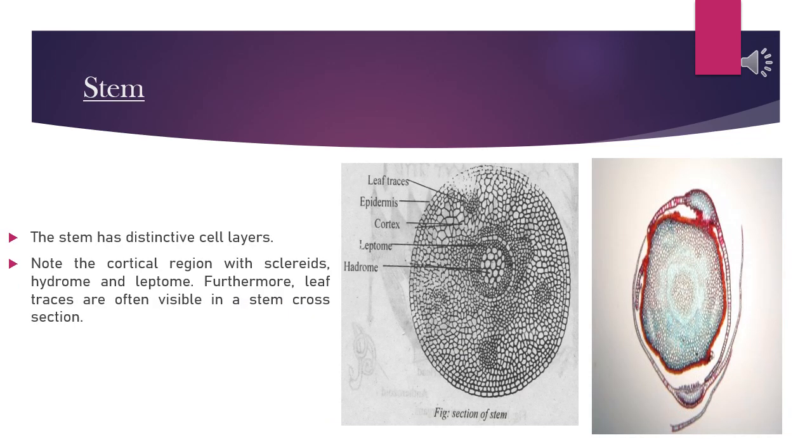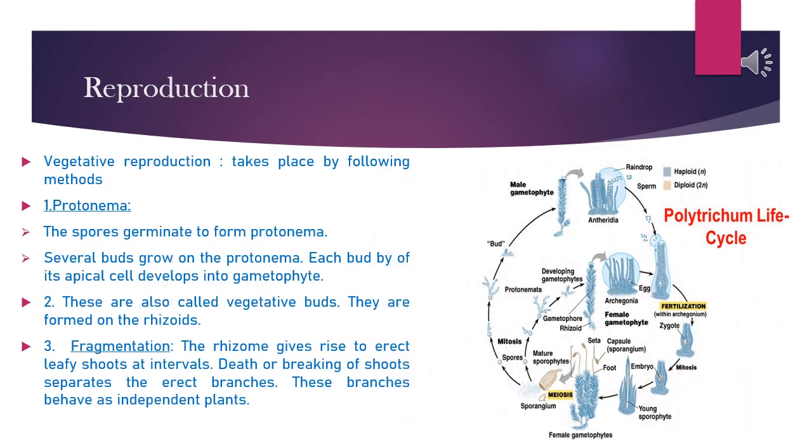Then next we'll move to the stem anatomy. Here the stem anatomy mainly shows three regions, which are medulla, cortex and epidermis, as we can see in the diagram. The medulla region is differentiated into a central zone and a peripheral zone. The cortex consists of thick walled cells. The innermost layer of the cortex around the conducting strand is known as the mantle. Its cells usually contain starch grains. And then the last layer is the epidermis, which is present over the cortex.